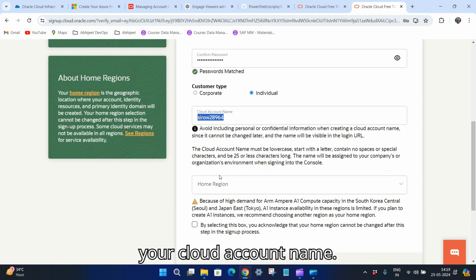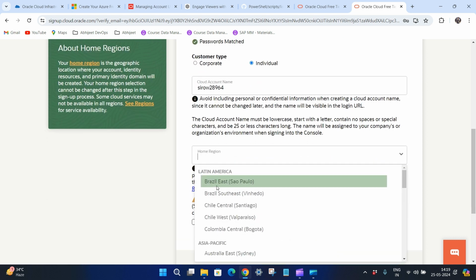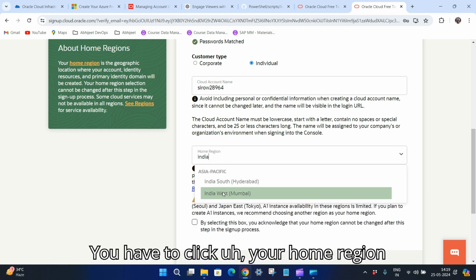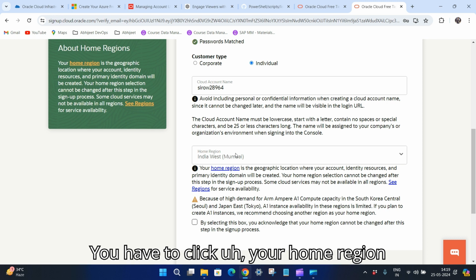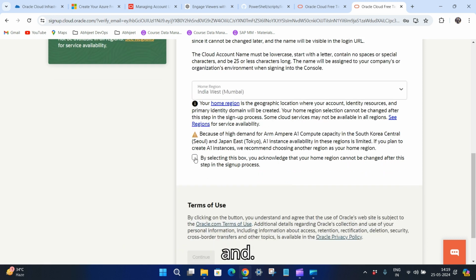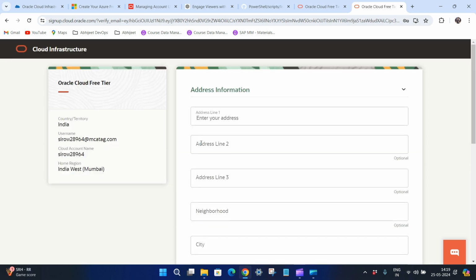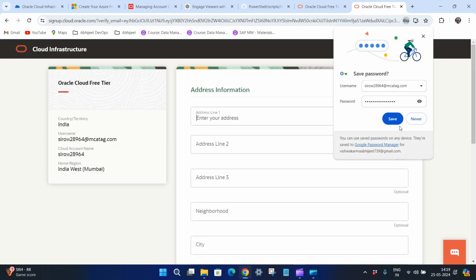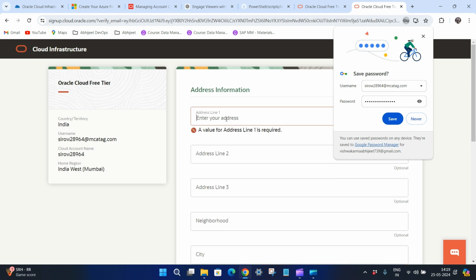This is your cloud account name. You have to click your home region and check this box. Click continue. You have to put your address. So I'll put it, and